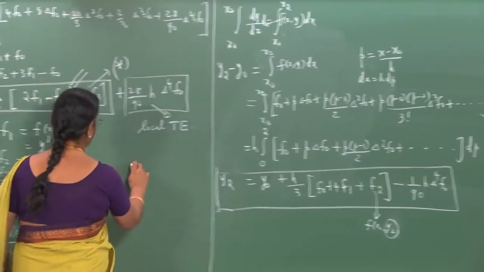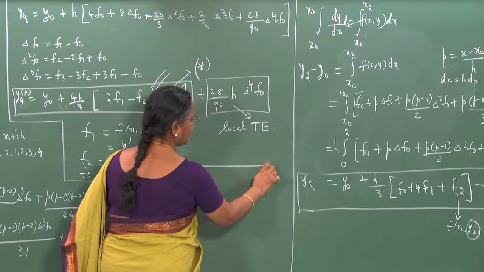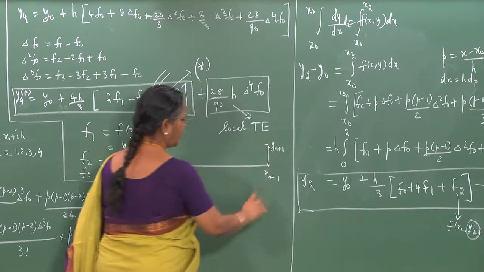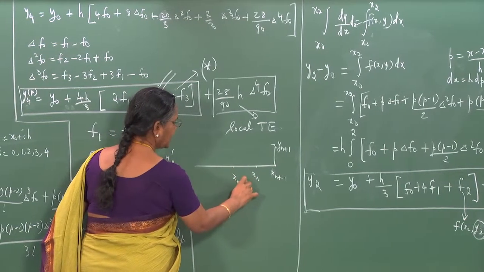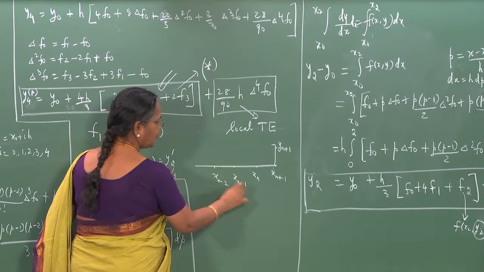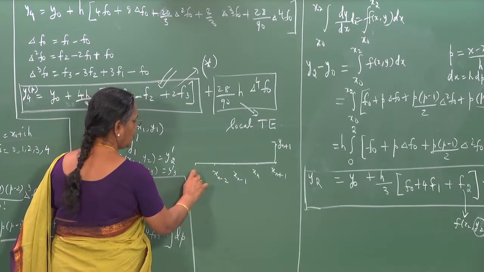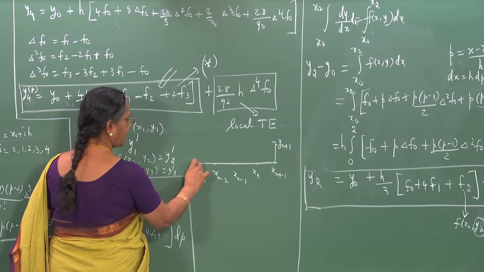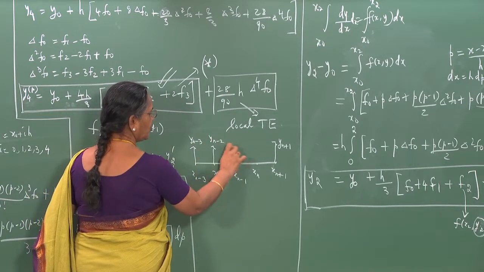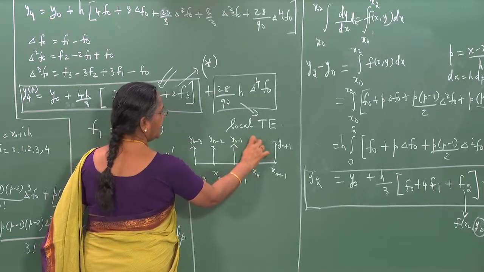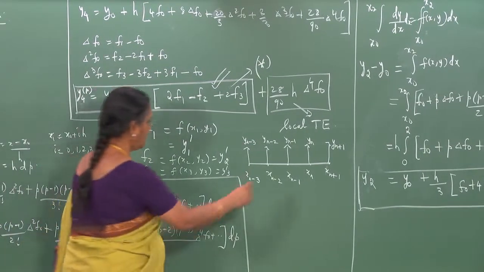So, let us now properly denote the nodes and write down in general what the two methods are. Say in the first method, I am required to compute the solution at xn plus 1, which is yn plus 1. I require knowledge of the solution at the previous 4 points. So, I shall call those 4 points xn, xn minus 1, xn minus 2 and xn minus 3, where the values are yn minus 3, yn minus 2, yn minus 1 and yn. So, the predictor that we have obtained can now be written as